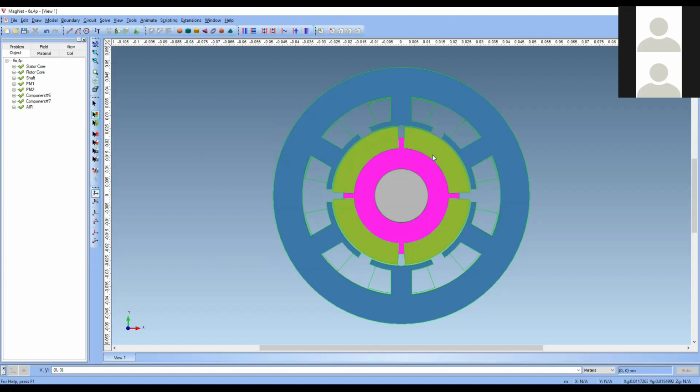Next, the main important thing is that you want to make this as winding. These are the rotor winding. So I am selecting here.